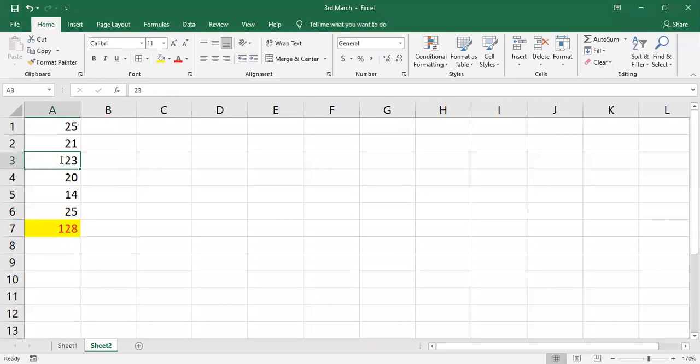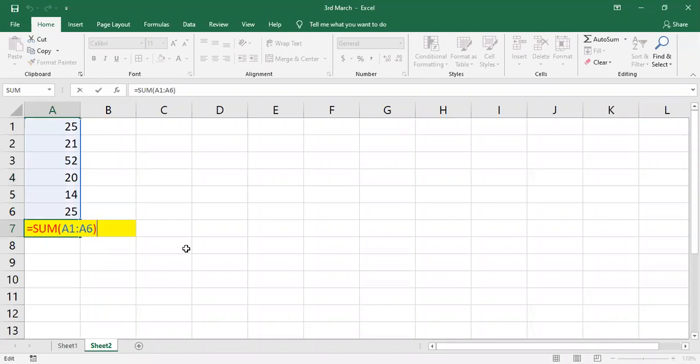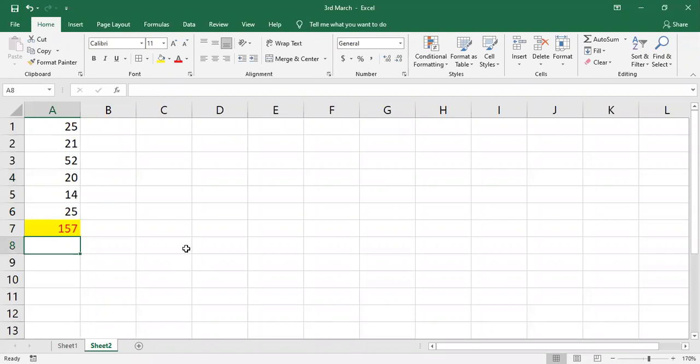Now, if I make any changes in this range, is it updating or not? See, what is the range I have given here? I have selected a range A1 to A6, right? Now, it is displaying the result as how much? It is displaying the result as 157 because the total of this range is 157. If I make any changes in this range, now instead of 21 in the cell A2, I'll replace the 21 with 50. So it is updated, right? Do you know why it is updated? It is because Excel is set to calculate automatically.